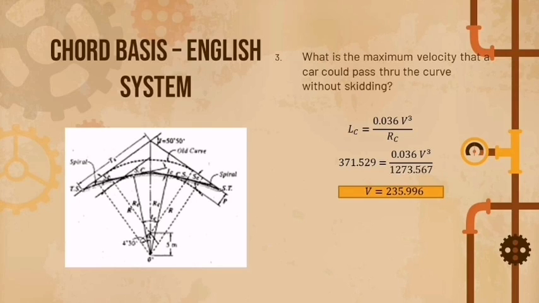And for the number 3 of chord basis English system, what is the maximum velocity that a car could pass through the curve without skidding? So our formula is LC is equals to 0.036 V cube over RC. So substitute the value. Our LC is 371.529, and our R is 1273.567. And if you substitute it and compute, you will get the answer of velocity is equals to